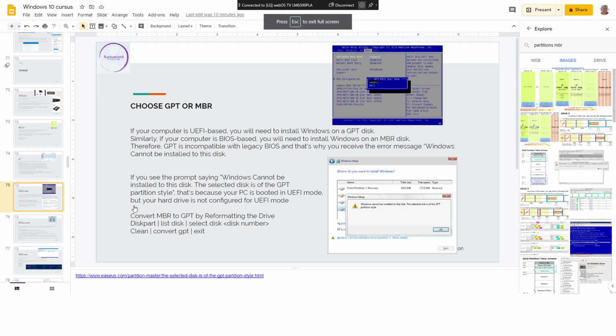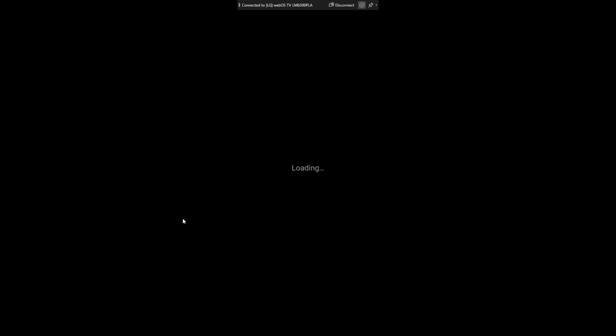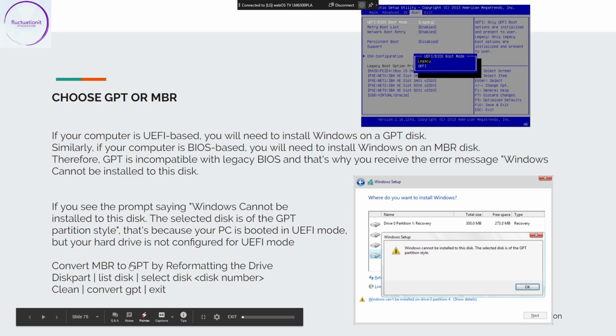So something very important here. This is so you don't have any issue when you pass from MBR, because it can be a problem. So if your computer is UEFI based, you will need to install Windows on a GPT disk. If your computer is BIOS, you need to install on MBR. Therefore, GPT is incompatible with legacy BIOS, and that's why you receive this message saying that Windows cannot be installed